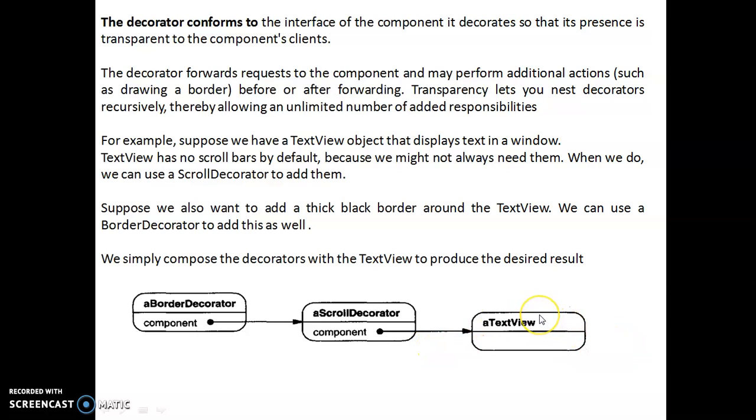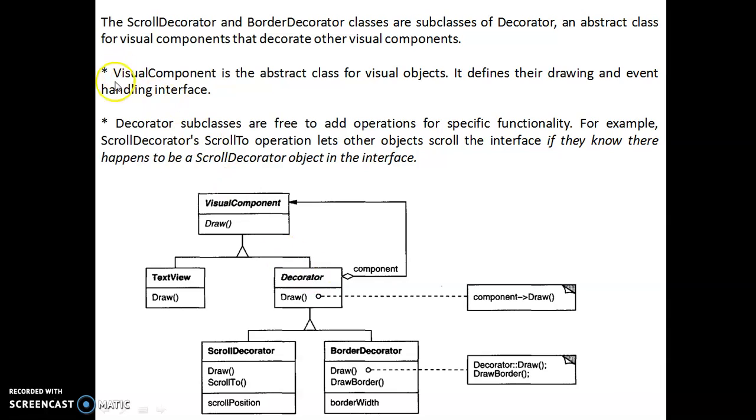So that's why the heading or the definition itself says that it is used to extend the functionality of the parent class. Assume that this is a class and this is a function. This function is creating one more component in another class. So here is your scroll bar decorator, scroll decorator, and how this is extended.